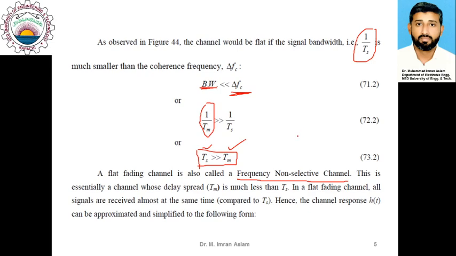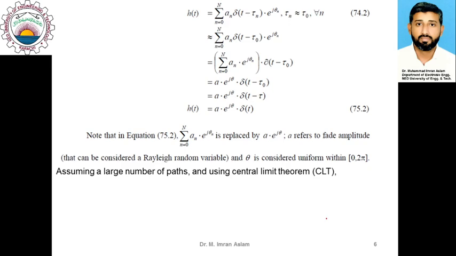In a non-selective channel, as the delay spread is significantly smaller, we conclude that the different signal components arrive at the receiver at almost the same time as compared to the signal time. So the delay in the different components is significantly smaller. So different components can be taken as arriving at the same time. So in that case, the channel response can be simplified